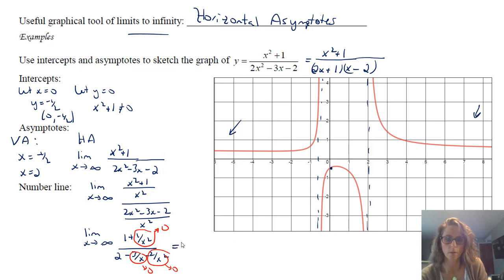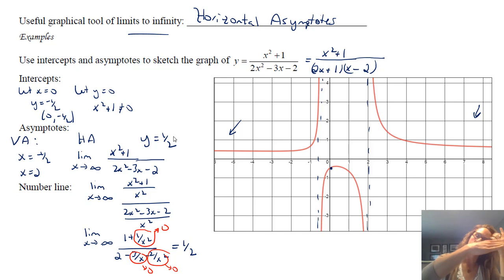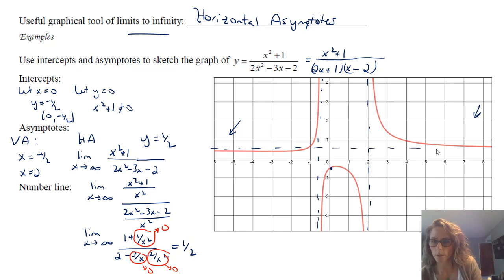And so what that tells us is that the horizontal asymptote is y equals 1/2. That is the y value you're going to approach as you head out towards infinity. And you can see if you do negative infinity, you get the same thing. So we have this y value here. I believe it actually looks like this. Remember, you can cross a horizontal asymptote, you just can't cross a vertical asymptote. So on one side it looks like it crosses, on the other side it doesn't. But eventually they both approach that value.